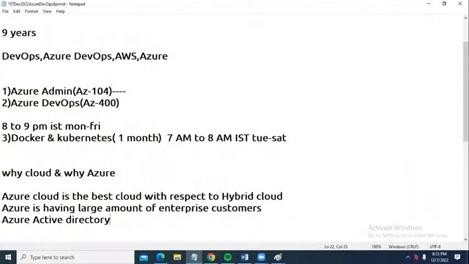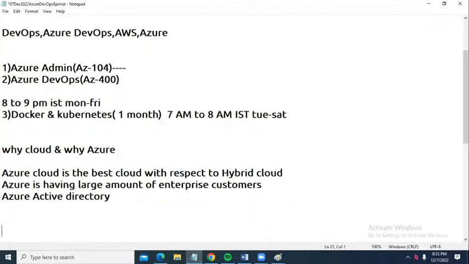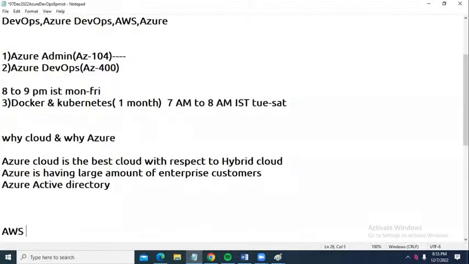From your perspective, if you want to compare AWS and Azure, AWS is actually the oldest cloud when compared to Azure. But the people who know AWS are more, and the people who know Azure are very few. That means competition-wise, Azure has less competition. You can get a job as soon as possible. That depends on your caliber, and working knowledge must be the same.